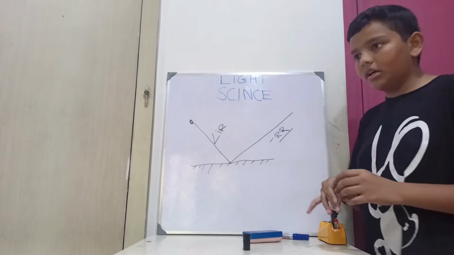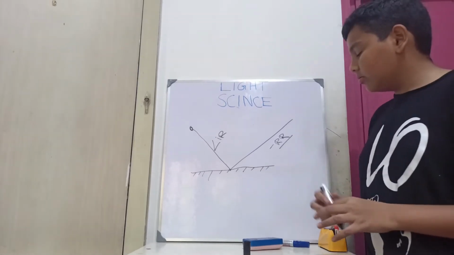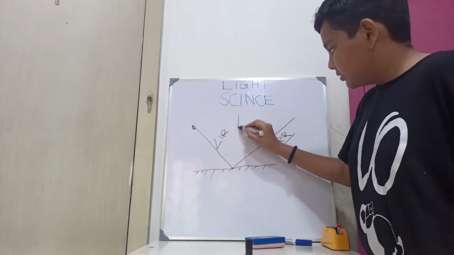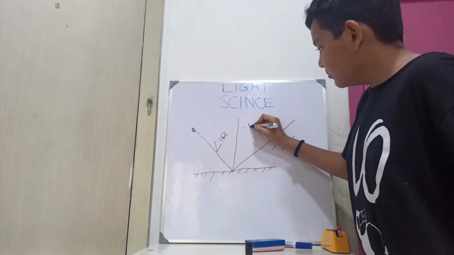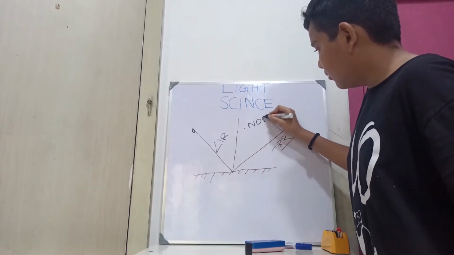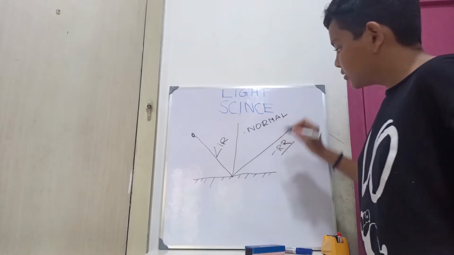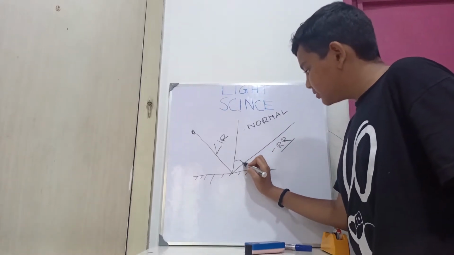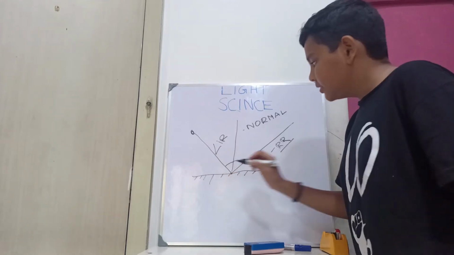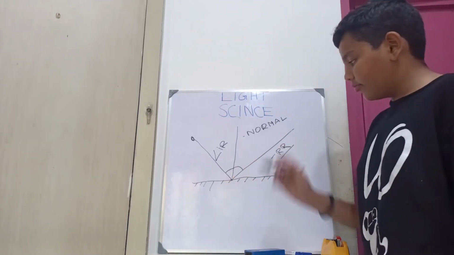This is the basic which we all know. The center line is called the normal. The angle between the incident ray and the normal is the angle of incidence, and